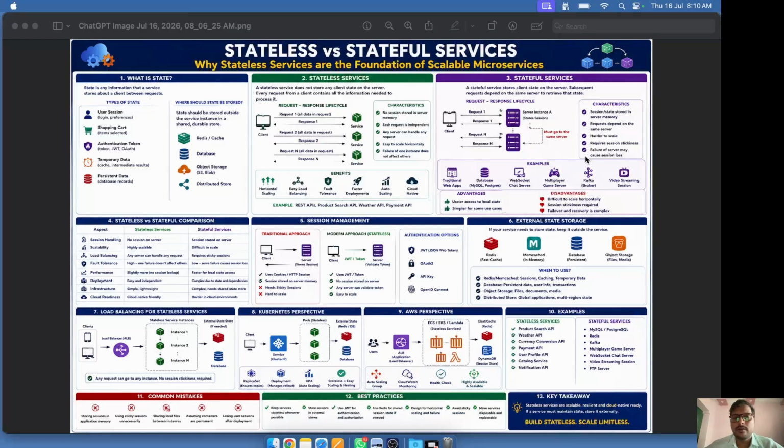Today we are going to learn one of the most important concepts in a cloud native architecture, stateless versus stateful services. This topic is asked in almost every senior software engineer, tech lead or solution architect interviews. More importantly, if you are working with Kubernetes, AWS ECS, Docker, or Spring Boot microservices, understanding this concept is essential. By the end of this lesson, you will be able to answer the following questions like